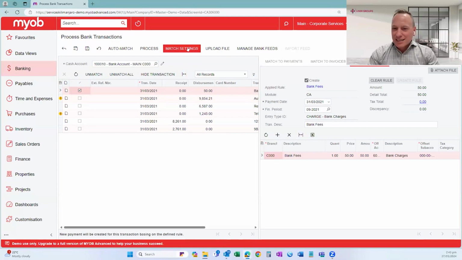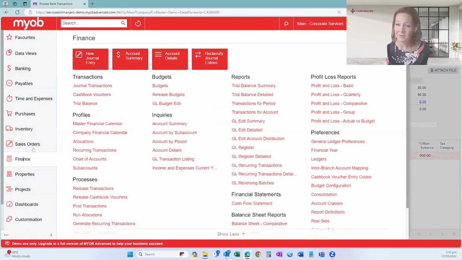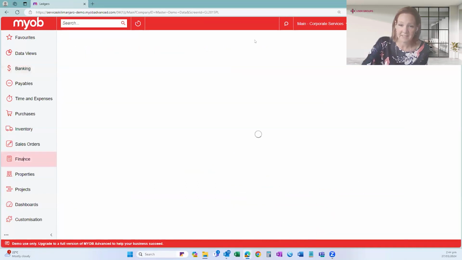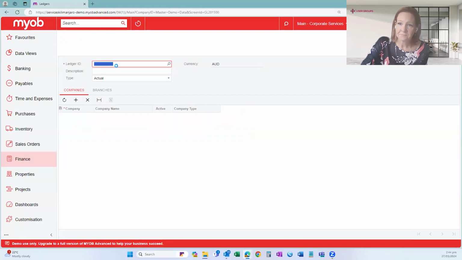Now, question here: how do you set up new ledgers, Bev? Okay. So setting them up is fairly straightforward. You go to your finance menu. Under your preferences, you've got ledgers. Again, this is obviously access controlled, and then you just click plus to create a new one, and give it an ID. I'll just give it a new ledger,